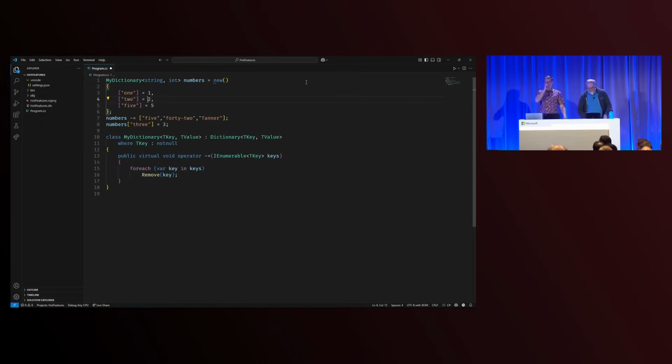So collections have collection expressions now. We've had them for a couple of releases. We've got one right here, and we already got one up there. Why can't we do something like that for dictionaries as well? And you can. So I'm going to go ahead and convert this. There's a nice fix for that. And this is a dictionary expression.